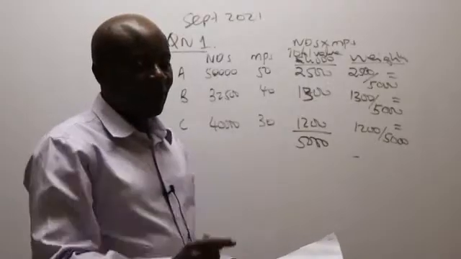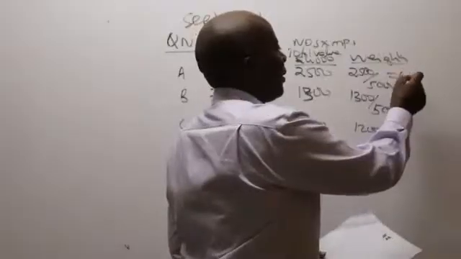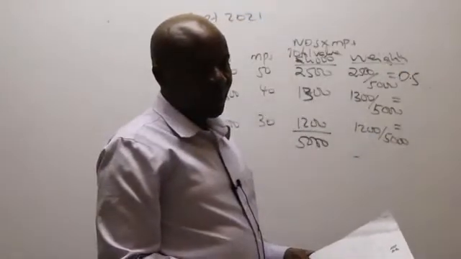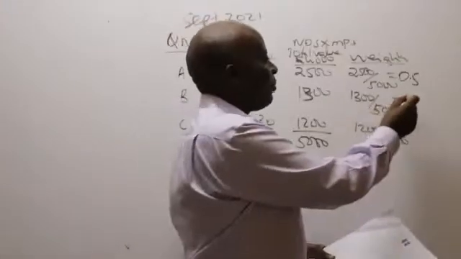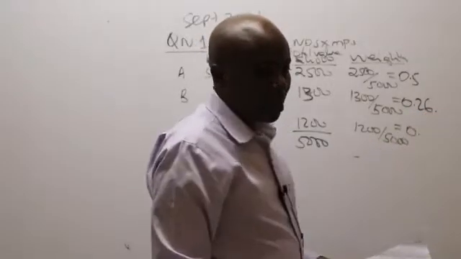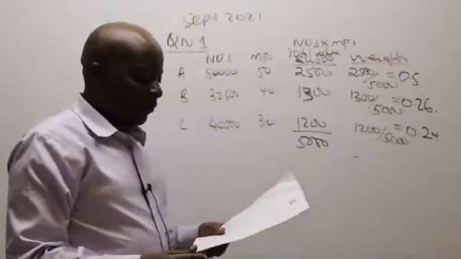I can see my friend Kelvin Muturi. Claire gives me 0.5. Then the next one is 0.26. Then the next one should be 0.24. Thank you very much. At least they've been able to get low-hanging fruits.